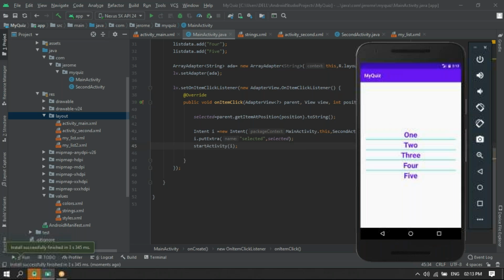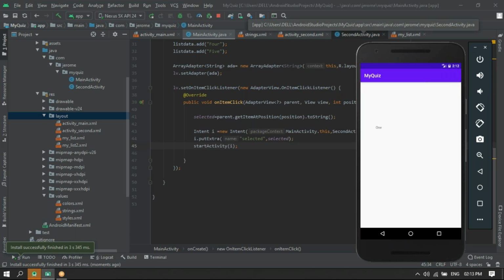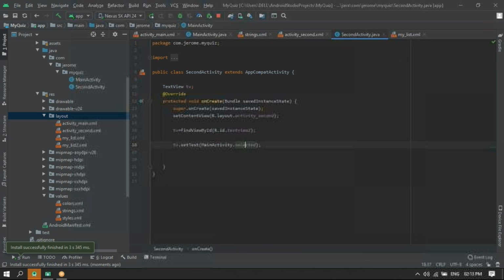So here you can see this is my list, and I've given my custom layout and the elements. Whenever I click on one element, it takes whatever item you click and stores it in the selected variable, and it's passed to the second activity. In the second activity, I've given a text view. In that text view, that we've selected from